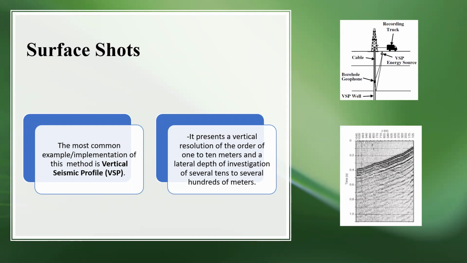Figure 2 shows an unprocessed VSP record obtained in a well, in which, in this type of display, the horizontal axis represents the different depths of the well geophones and the vertical axis represents the listening times. After processing, the VSP provides seismic traces without multiples that are directly comparable to surface seismic sections recorded near the well.